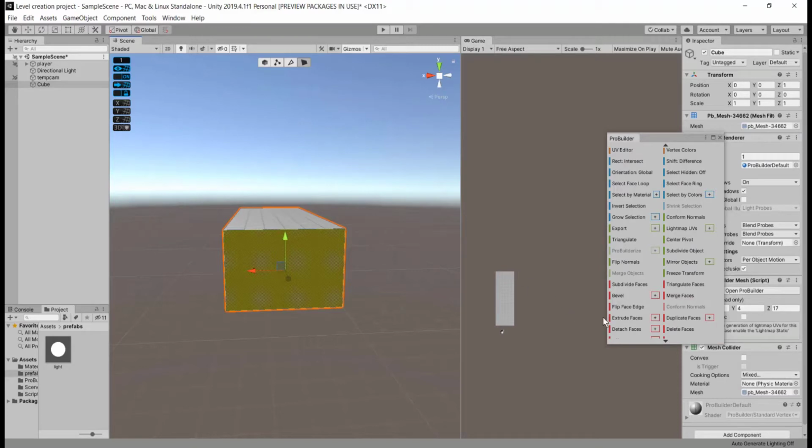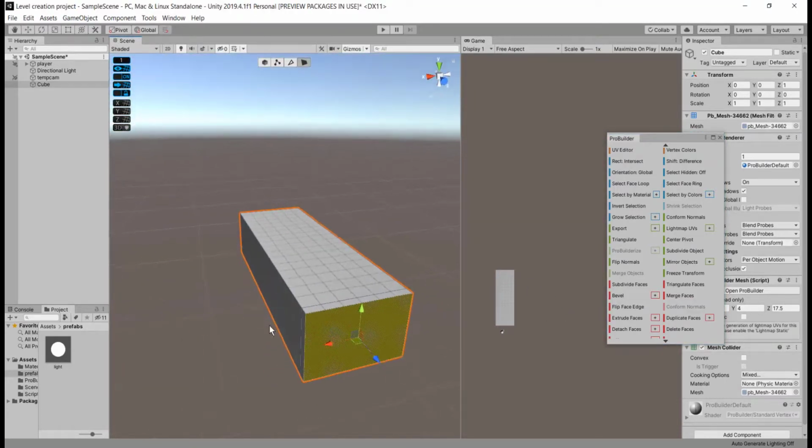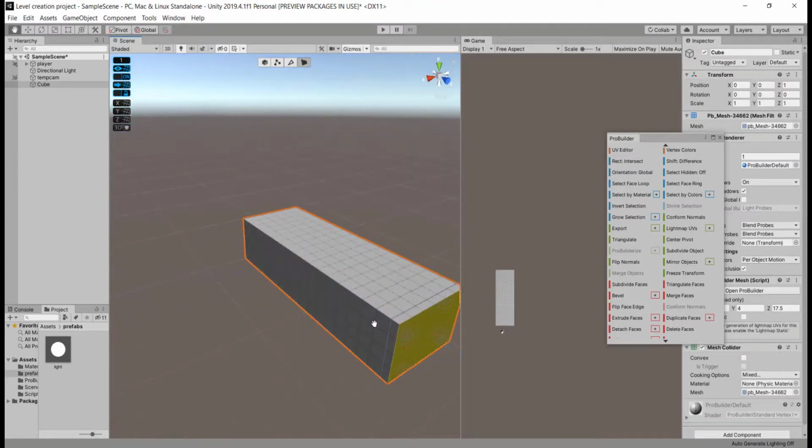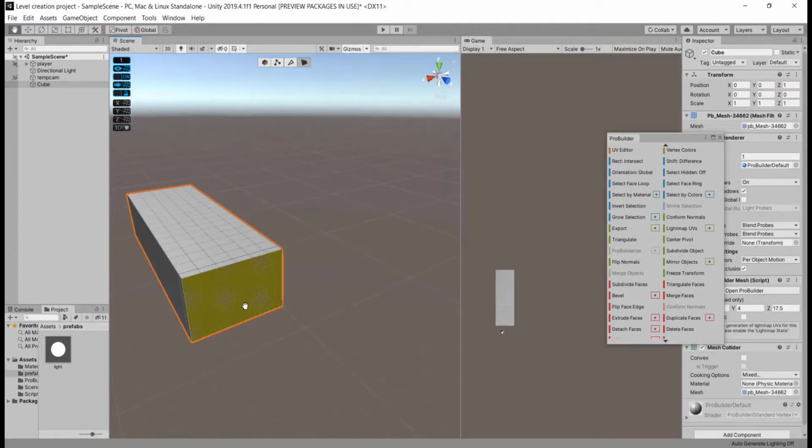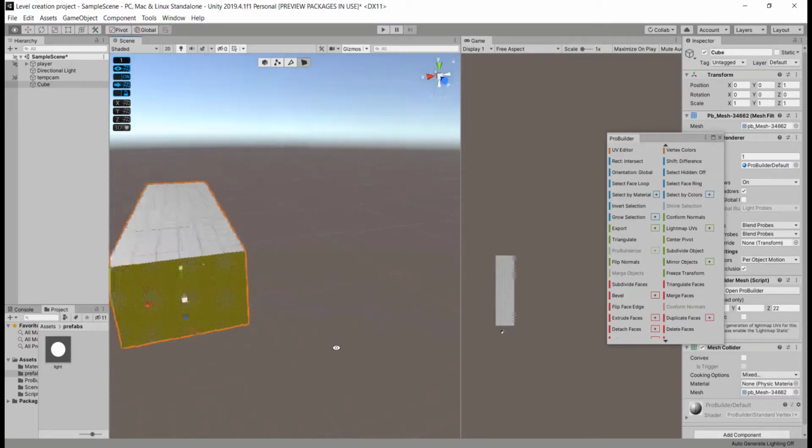For that I am going to use this extrude command in our ProBuilder window. You can see it added an additional loop of edges to our shape, and if we stretch it further you can see we have more faces added to all four sides of this shape.